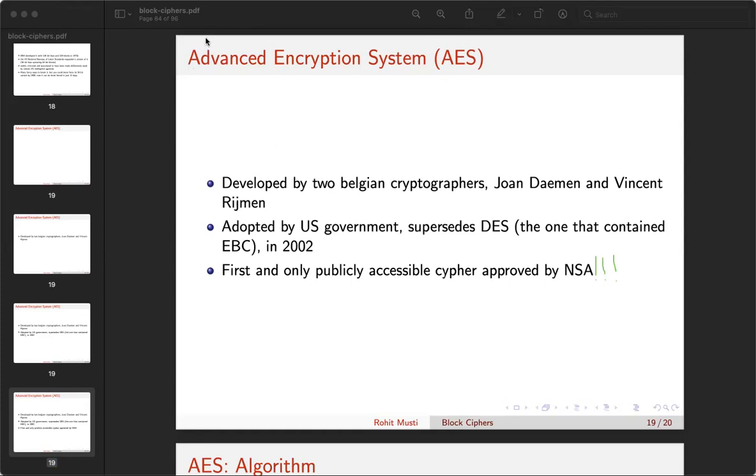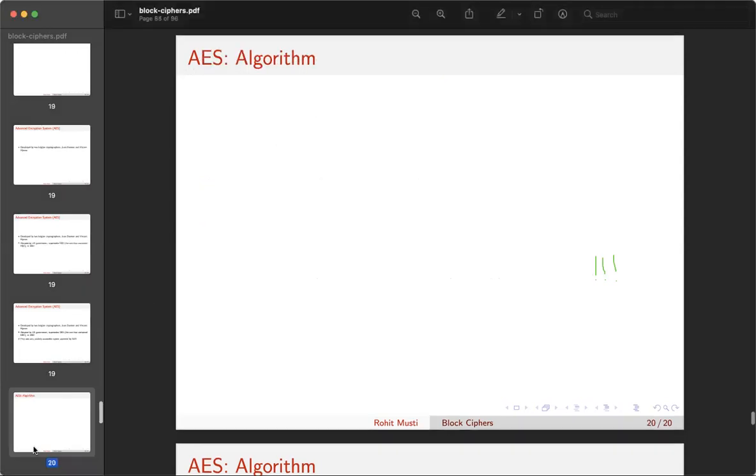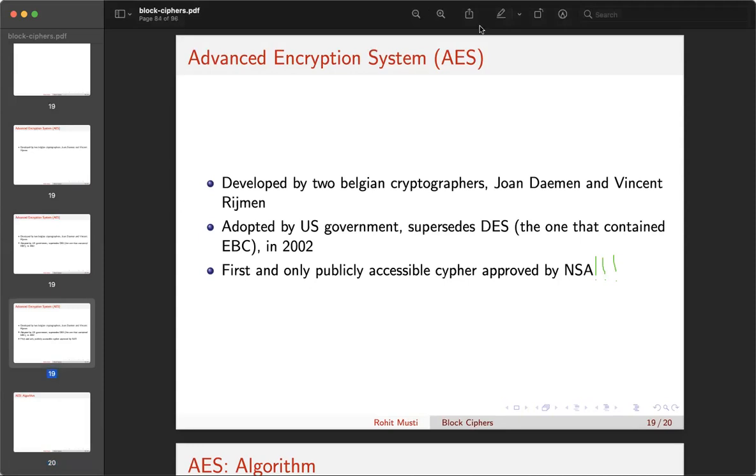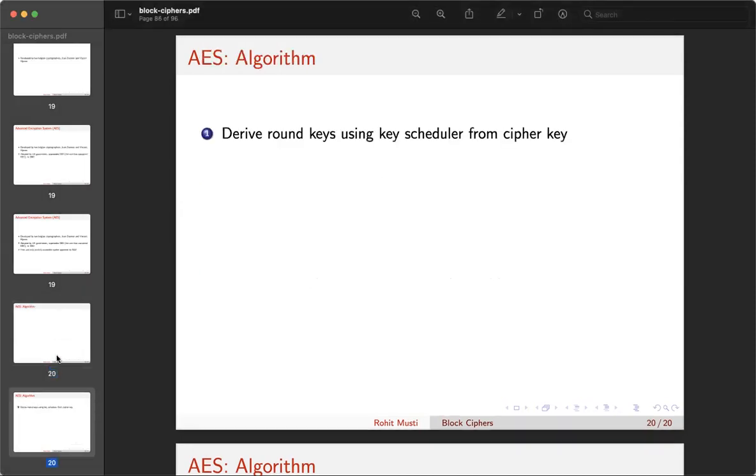And other fun parts about it. Oh, the actual algorithm. Let's get into the algorithm. Let me go ahead and clear all drawings. So the algorithm: first, derive round keys using a key scheduler from a cipher key. Now, round keys, this is not a term we discussed before. All a round key